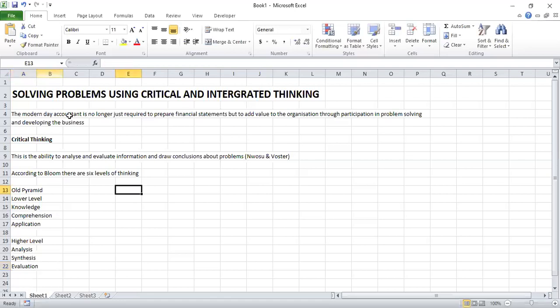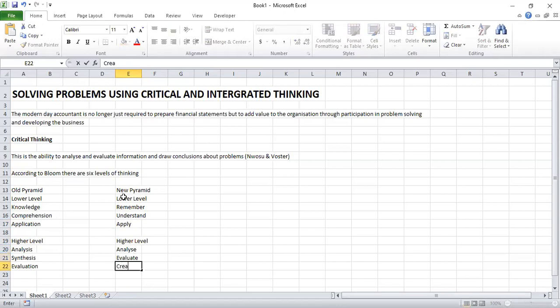Then the new pyramid now. So this was the original pyramid that was created, but the new pyramid now breaks down the lower level skills as being to remember, understand, apply. Whereas the higher level skills will involve analyze, evaluate,